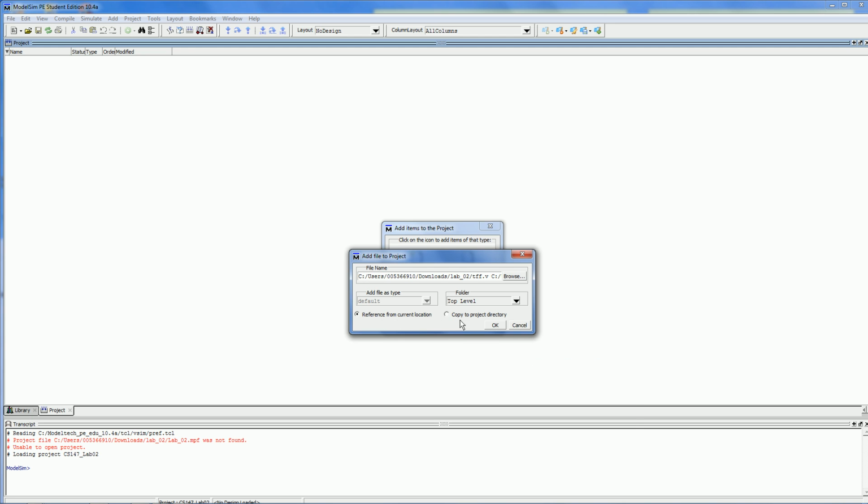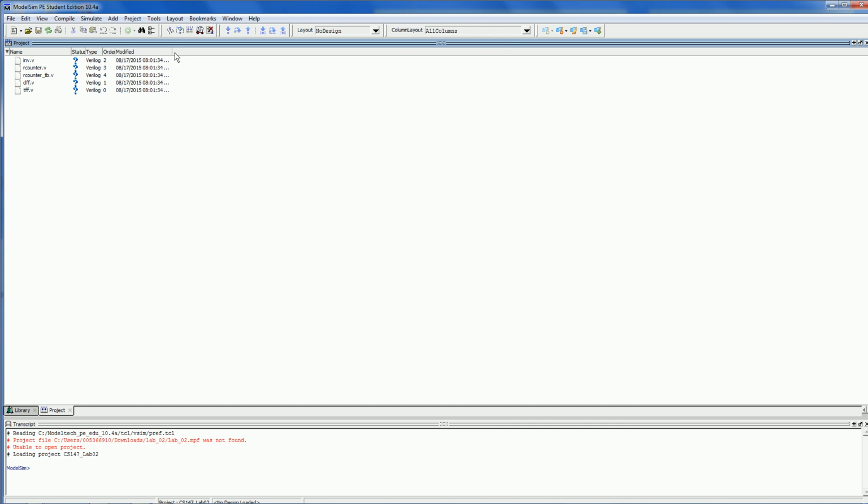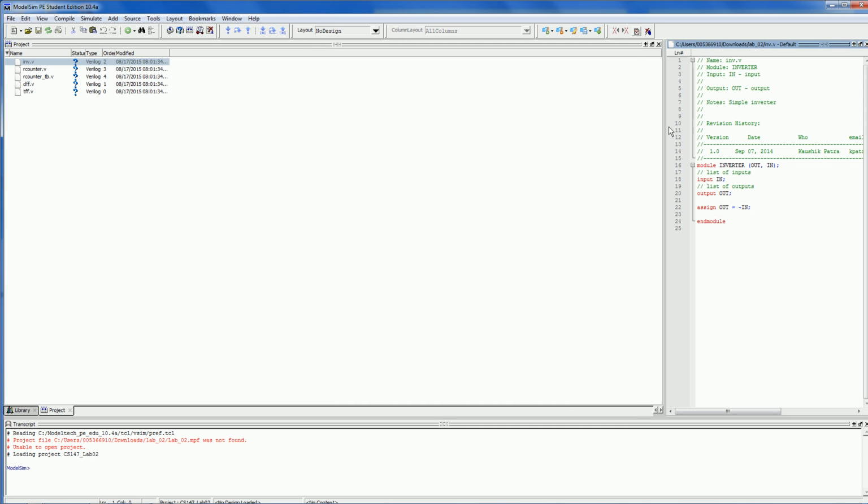Take all the default options there, and close. What you see in the project pane is that we have imported those 5 source files, and we can go and look at the source files. For example, let's look at the inverter. We double click on the inverter